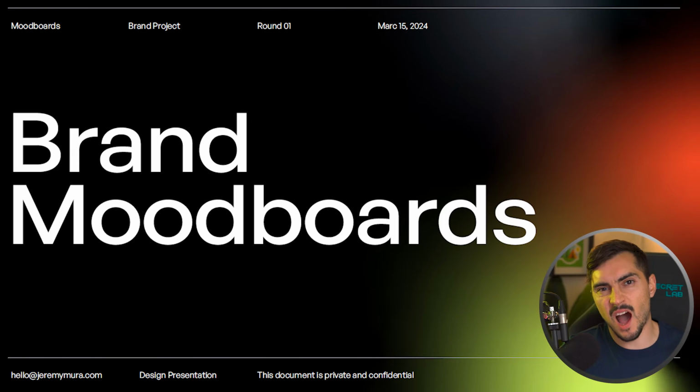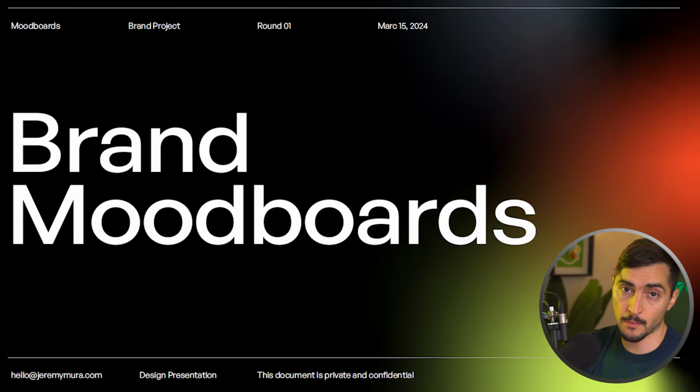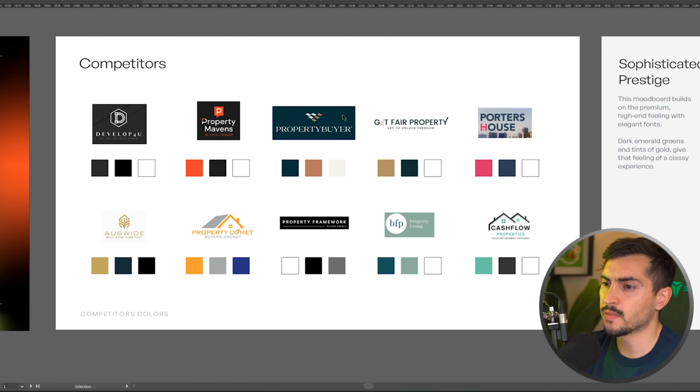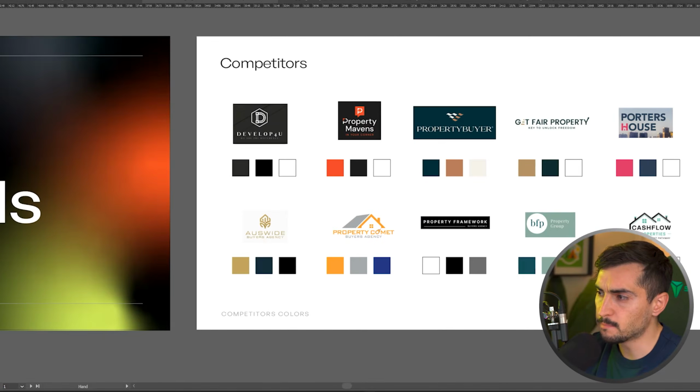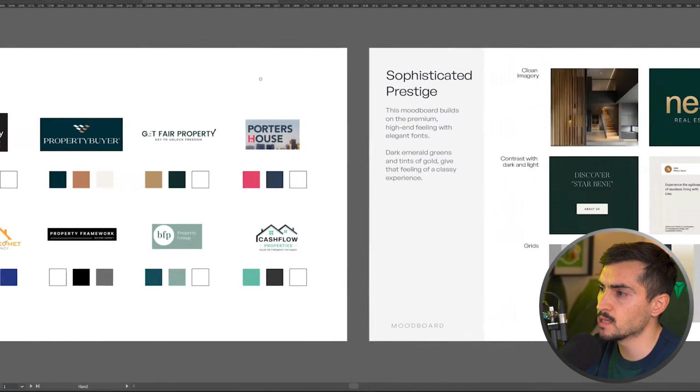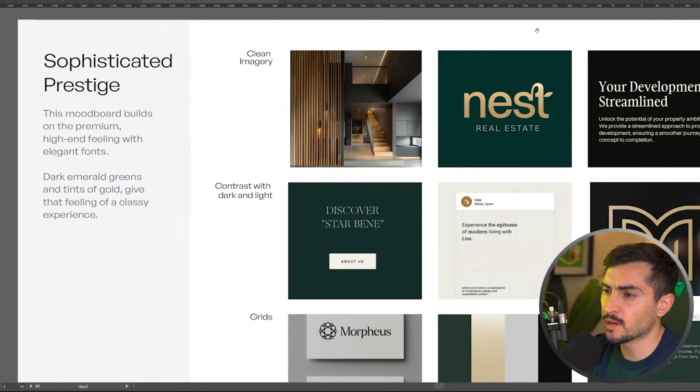Now, the next phase after brand naming was to create some mood boards. Sometimes I do stylescapes, but in this case I just did 3 different mood boards in Illustrator. I got the colors and the logos from competitors and put them onto a slide, as you can see right here, just to break down some of the stuff we want to avoid. As you can see, a whole bunch of different styles and different colors, and I presented 3 different mood boards,